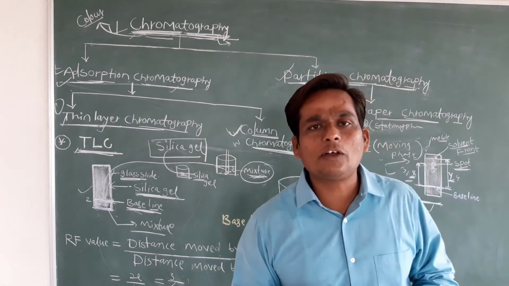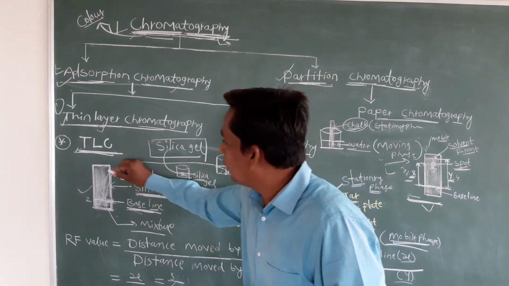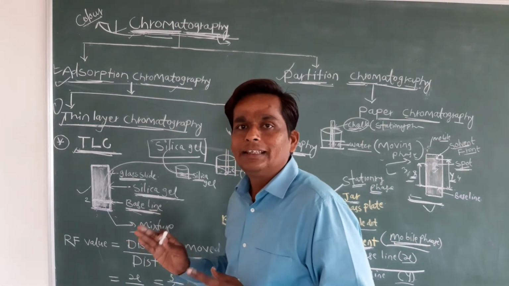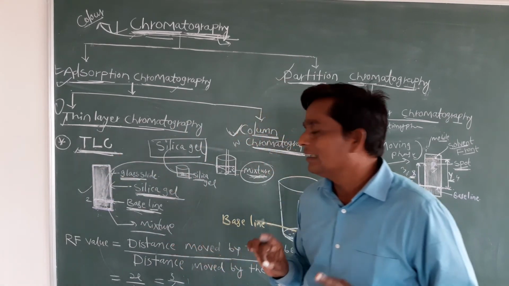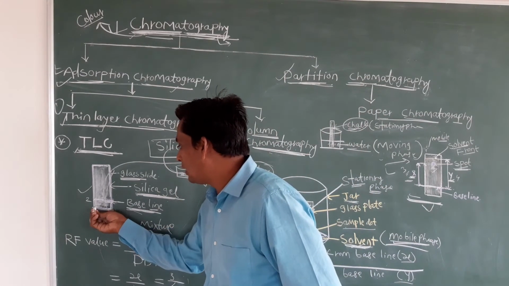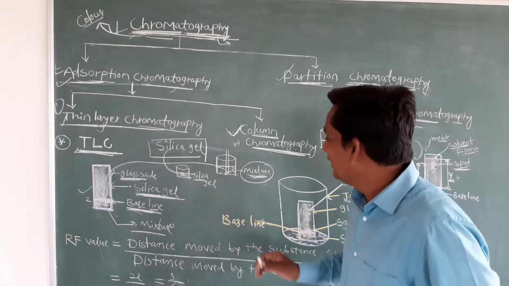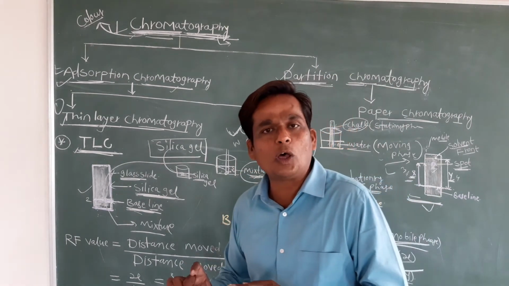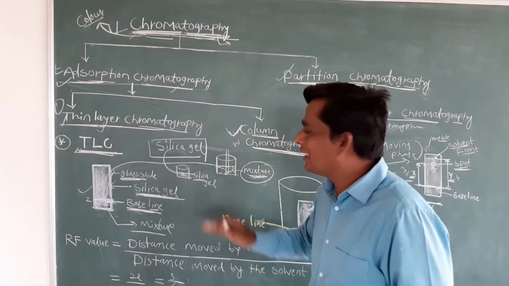In thin layer chromatography, first of all, you take one glass slide, and then you spread the silica gel over the surface of this glass slide. This much all of you understand. First of all, I am taking one glass slide. Then I am spreading the silica gel over the surface of this glass slide. Then we dry it for 10 minutes. After drying, we draw the baseline, 2 centimeter above the base. This is your baseline, and whatever mixture is given to you for separation, you dissolve that mixture in a particular solvent, put 2 to 3 drops at the center of the baseline, and again dry it for 10 minutes.